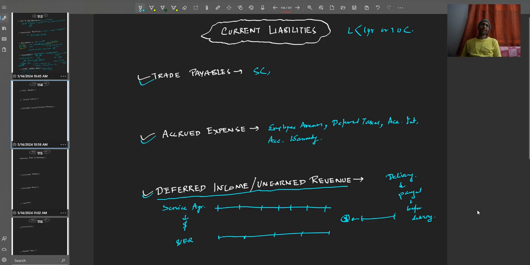So these are some examples of deferred income, and we are through with trade payables, accrued expense and deferred income or unearned revenue. Next we'll move on